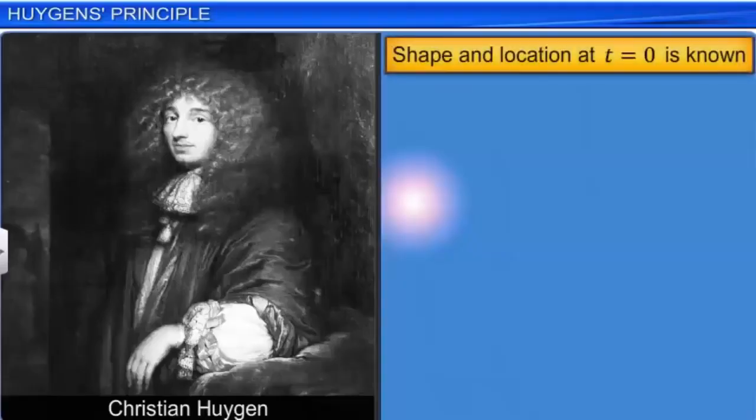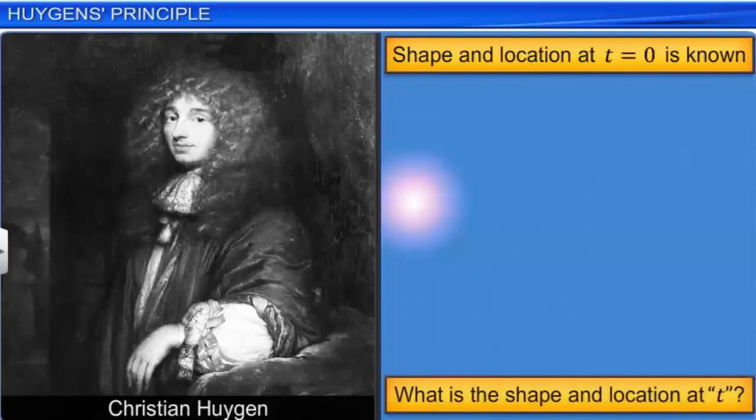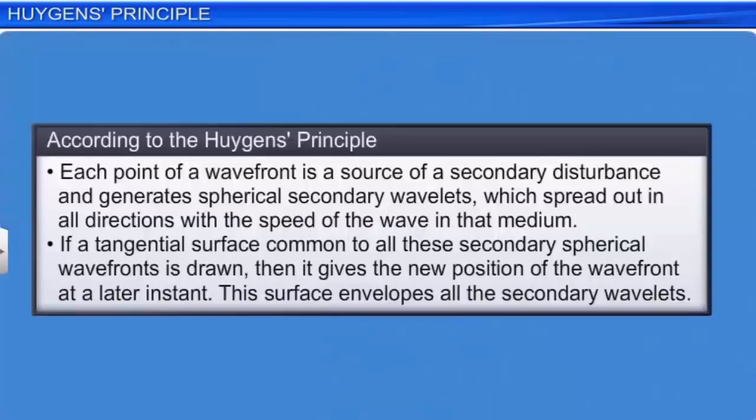Christian Huygens proposed a geometrical method known as the Huygens principle for finding the shape and location of a wavefront at some instant from the knowledge of the shape and location of the same wavefront at an earlier instant. According to Huygens' principle,